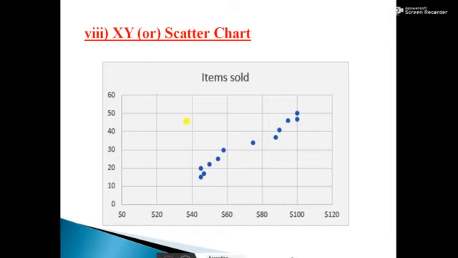And also when we are comparing large sets of data, in that situation we can use XY or scatter chart. Don't forget, students, if we want to compare large sets of data, we can use XY or scatter chart.